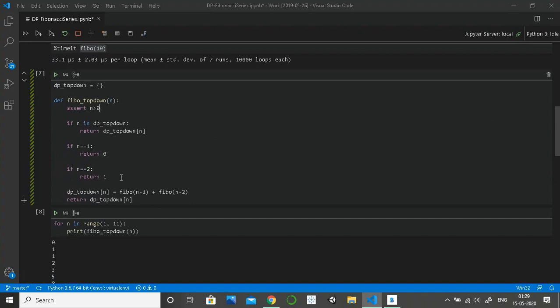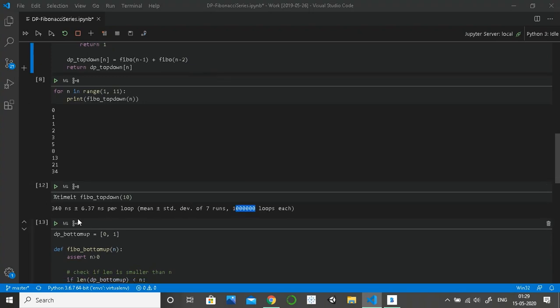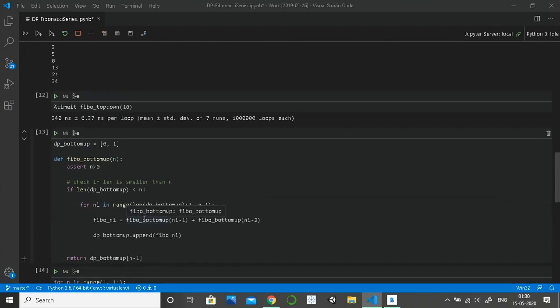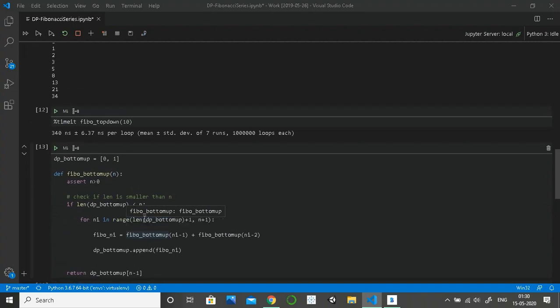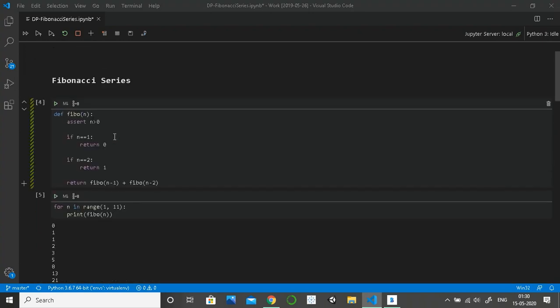For top down, it took close to 340 nanoseconds for 1 million loops. And similarly, for the bottom up approach, for 1 million loops it took close to 600 nanoseconds. So these both are like 10 to the power 6 times faster than our normal approach. So that is the power of dynamic programming.